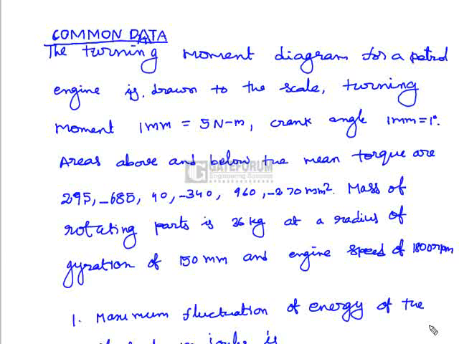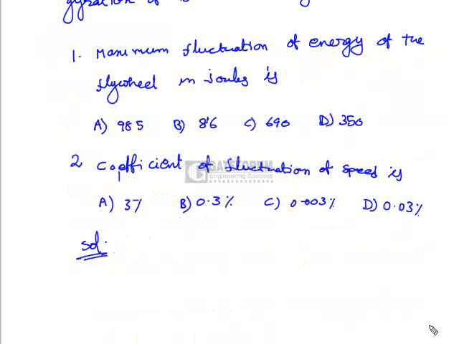The second question is: coefficient of fluctuation of speed is. The options are 3%, 0.3%, 0.03% and 0.03%. Coming to the solution, first draw the turning moment diagram. Let us say this is the turning moment